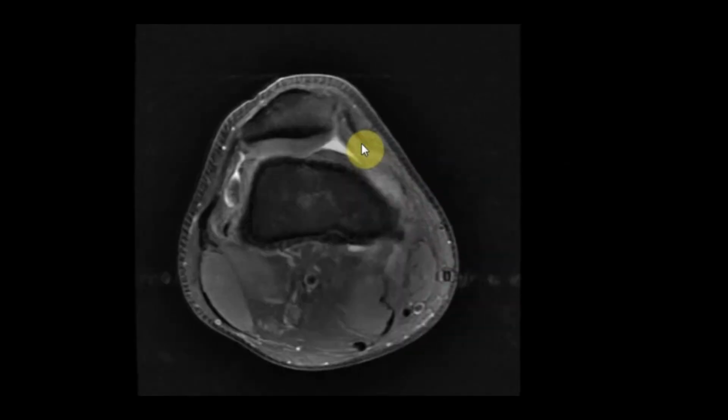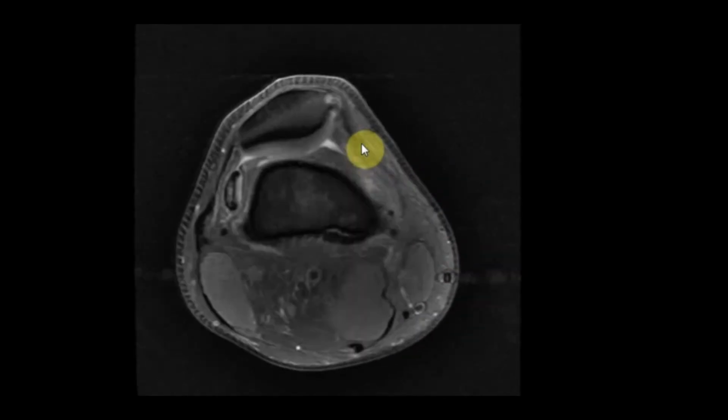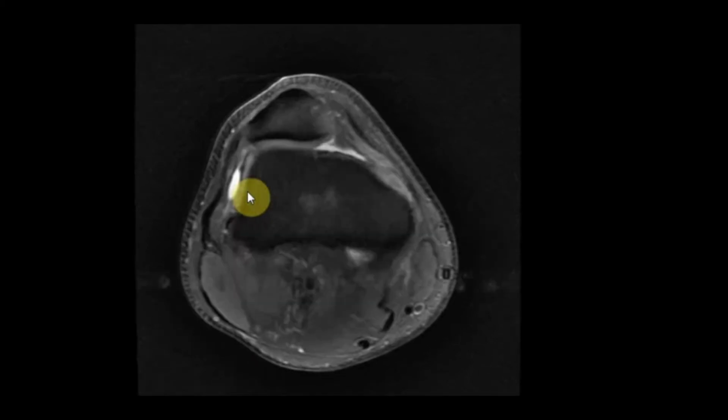So this patient has complained of chronic patellar instability, and he has developed an osteochondral lesion on the medial patellar facet, and this is the loose body which has come out of this, and this is a free body which is moving in the joint, and right now it is in the lateral patellofemoral recess.